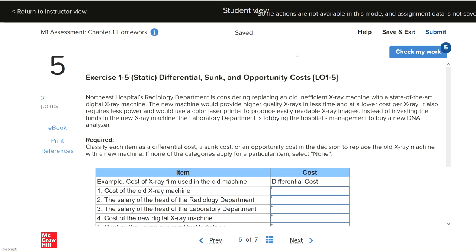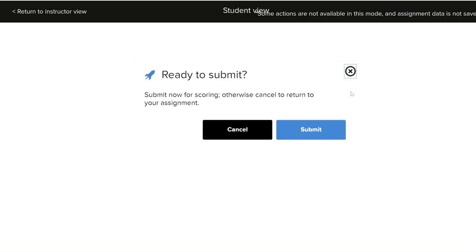Okay, now once you use a check my work, it does automatically save. If you're not done with it though, to make sure it saved everything, you want to go back into it later. Again, homework is not timed. You could do save and exit, go back into it later. When you are done with it, make sure you hit that submit. And what happens when you hit the submit